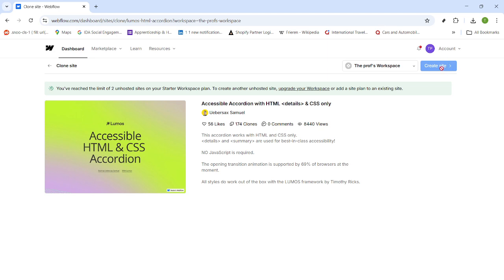A quick tip: after cloning, review the project settings and the assets panel to make sure all images and fonts are present, and replace any placeholder content. Cloning is a great way to learn by reverse engineering how others build, so feel free to explore the structure and interactions as you make it your own. And that's it. You've successfully cloned